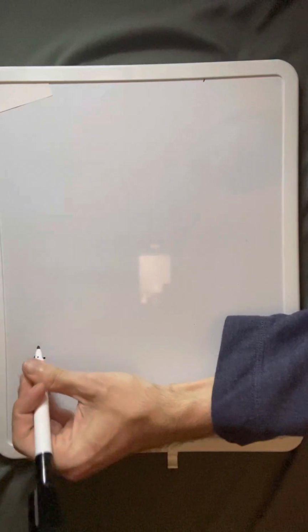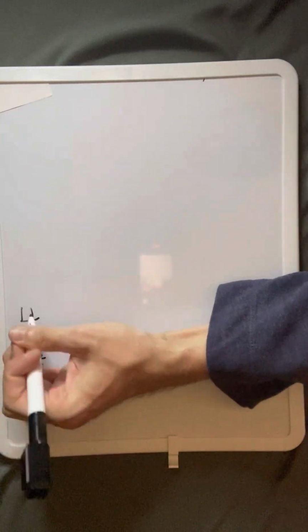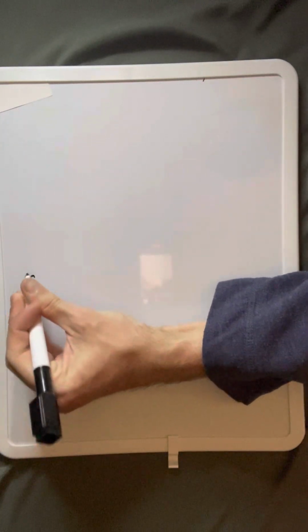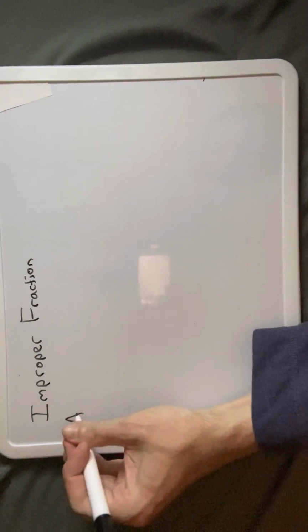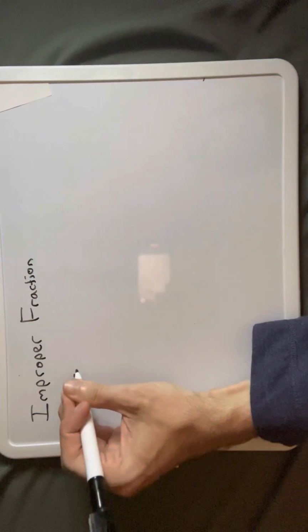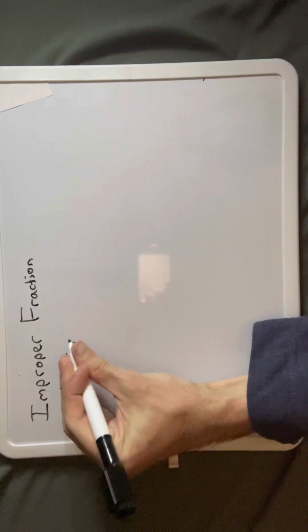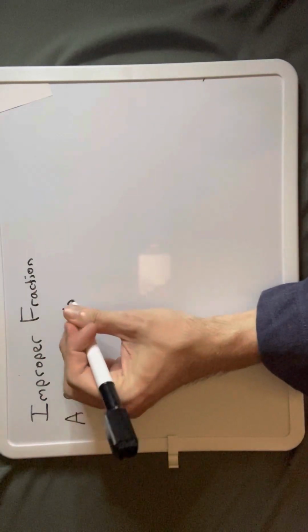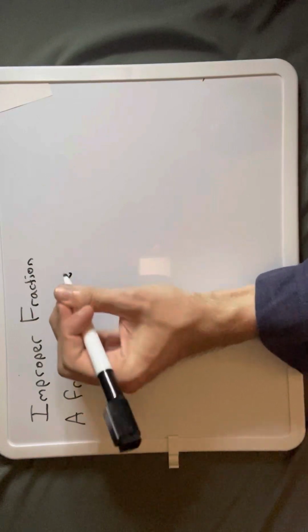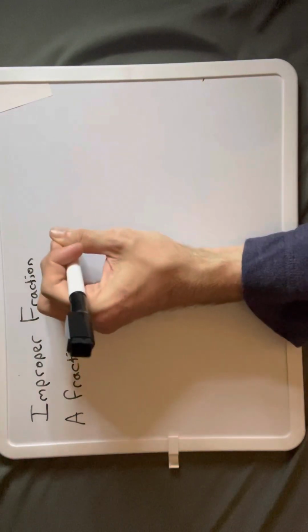Our next key term is an improper fraction. An improper fraction. Now, what that means is an improper fraction is a fraction where the numerator, and that's the number on top, where the numerator,